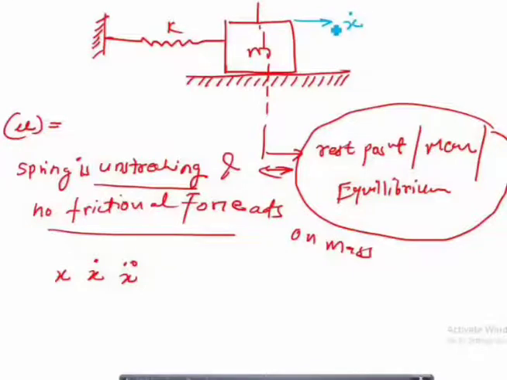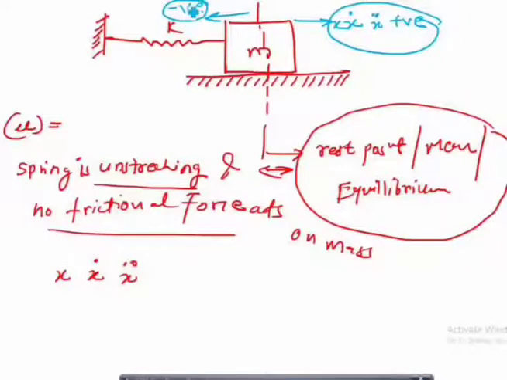So x dot and x double dot are taken positive towards the right side of the mean position, and towards the left side of the mean position, x dot and x double dot are taken as negative. So they are negative towards the left side and positive towards the right side. Okay, so this is what we have considered. Now next,